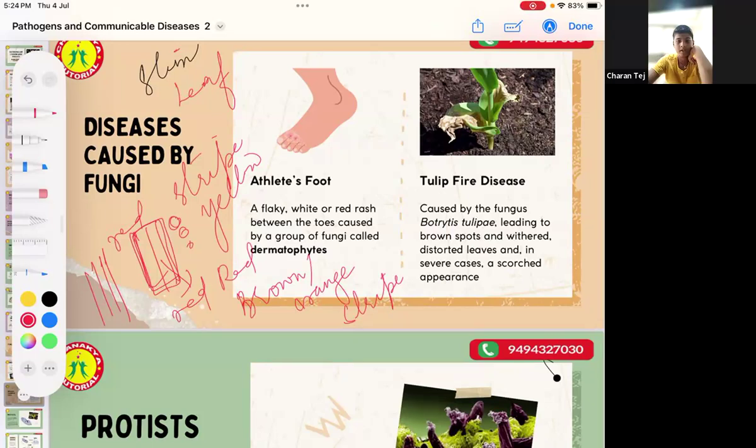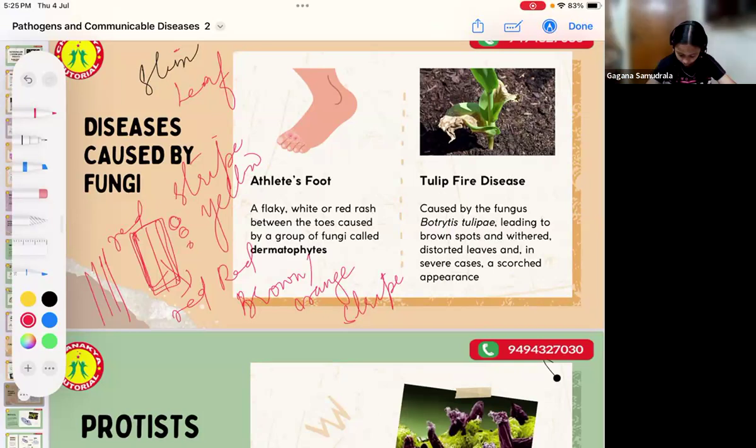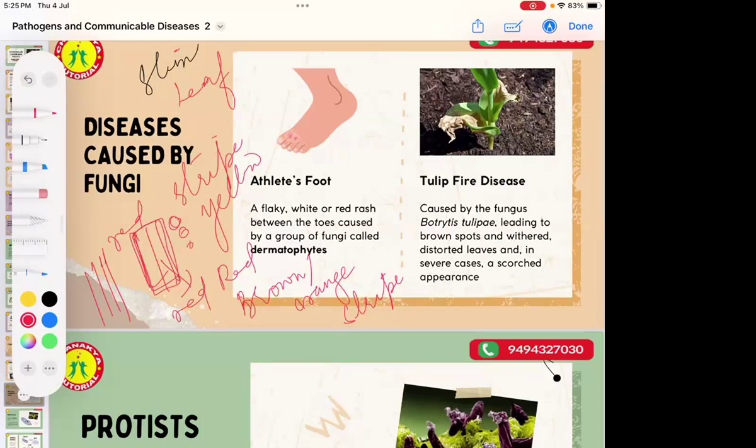Clear? Okay, ma'am. Understood. Ma'am, how does blight of potato occur? Which microorganism causes it? Blight of potato. So see, when we talk about the potato, it basically has a disease which is called blight of potato, and that is caused due to